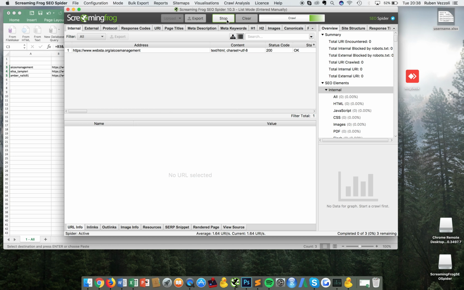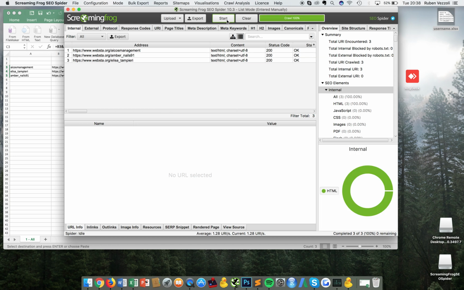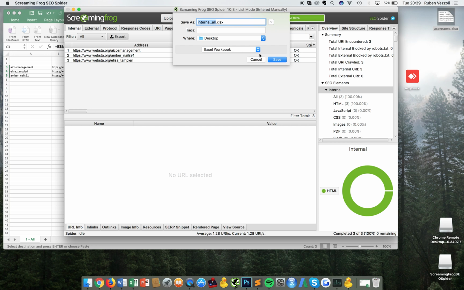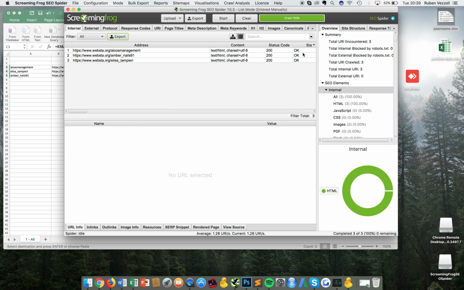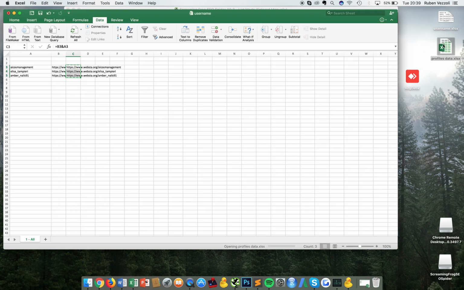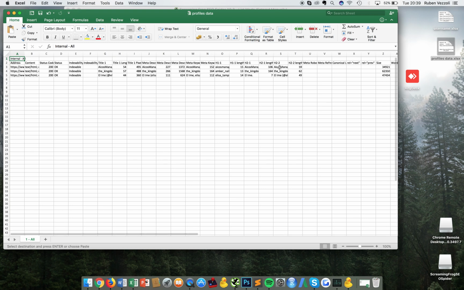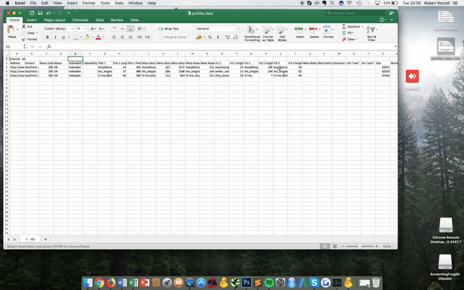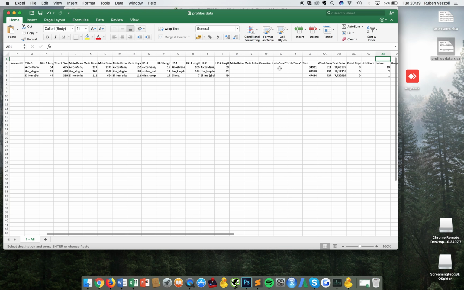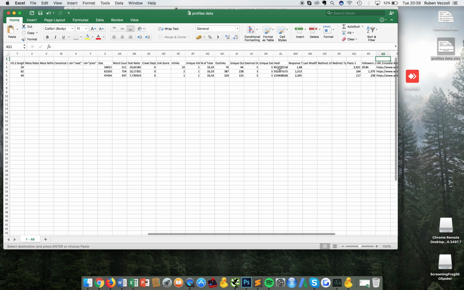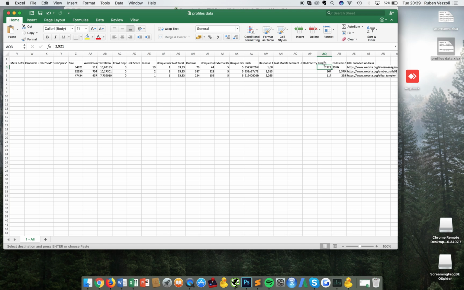Of course, this tutorial has been made with 3 profiles, but imagine that you can do that with thousands and thousands of URLs. Now you export everything, and you can call it like profiles data. You save it, and then when you open it, you will have all the information you scraped. If we go to the right, you will see that there are 2 columns here, one called post with the amount of posts, how many followers,